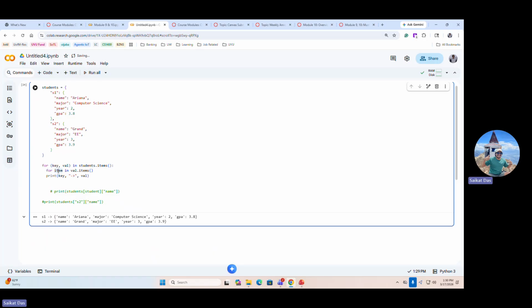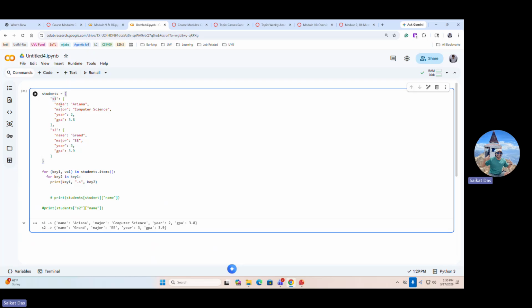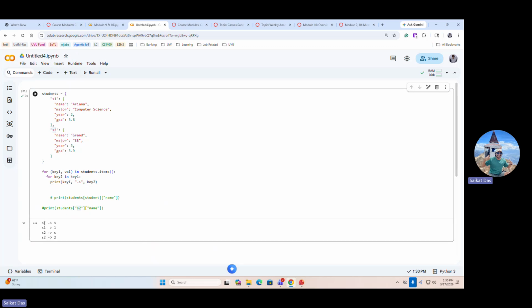So what I'm going to say here is, this is key, I'm saying key 1, and I'm going to iterate that key 1. In that case, it is key 2. So not the items, so that it will return only the keys. So this is key 1, and this is key 2. You'll see for S1 all of those 4 keys. For S2, you will see all of those 4 keys. If I print it here, you can see for S1,